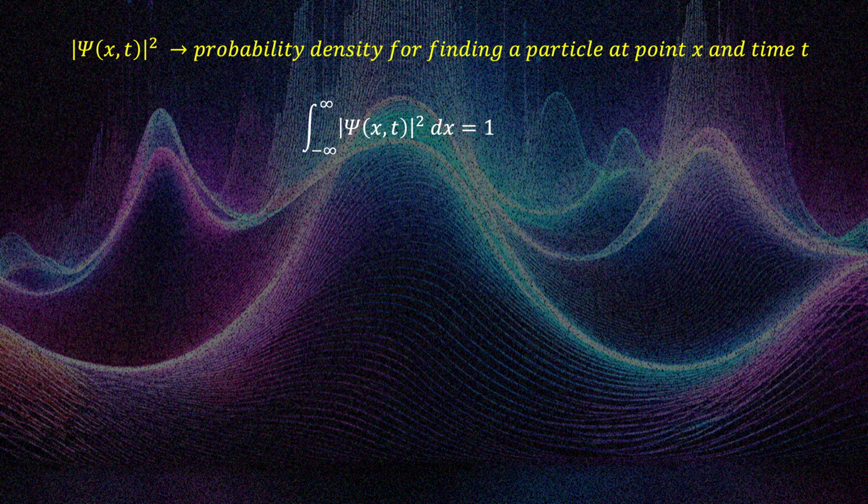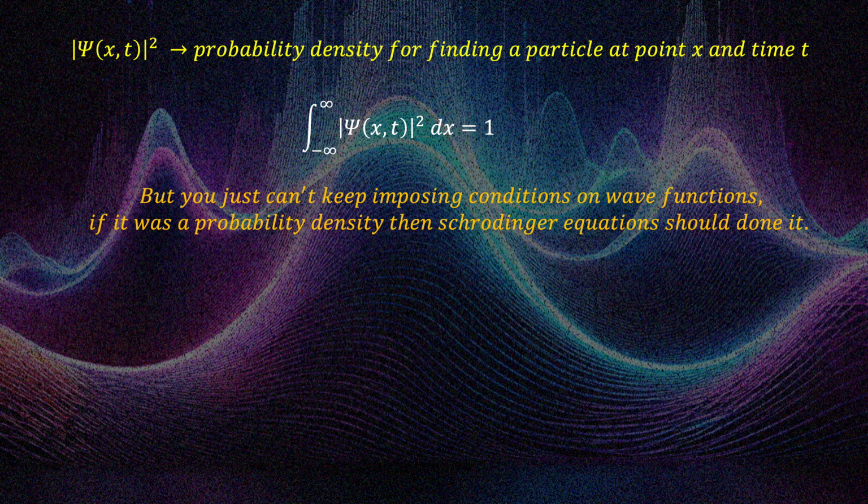But we learned that the wave function collapses, and then it evolves according to the Schrödinger equation, different from what we have seen before. So one thing you can think about is you can't just keep imposing this condition. What I mean is that if the wave function collapses and it evolves, you just can't keep normalizing this probability density. If nature is really giving us this probability density function, then nature should normalize it.